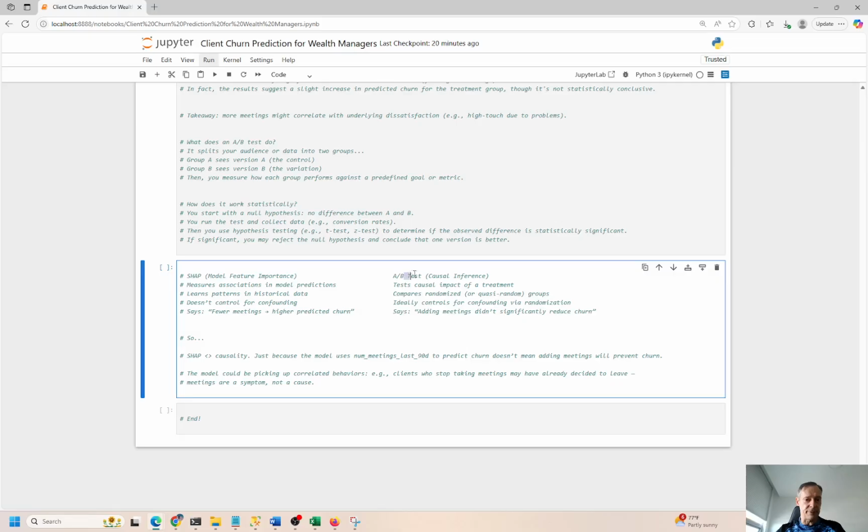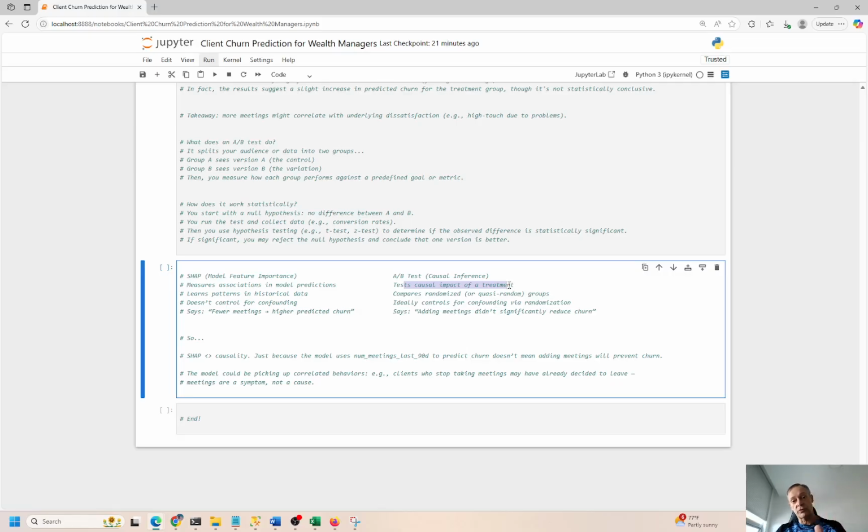When we look at the A/B test, this is a different perspective. We're looking at causal inference. So what causes something to happen? I have a couple of videos on my channel about this. There's a cause and effect, sometimes between variables, not all the time, but there could be a causal inference here. A/B test looks for cause of an impact or a treatment.